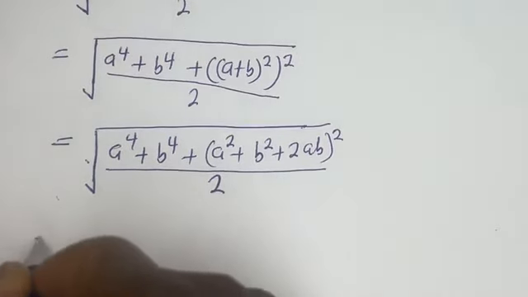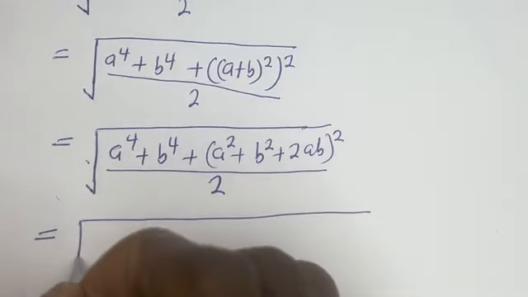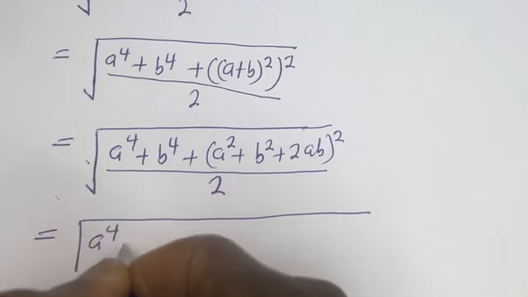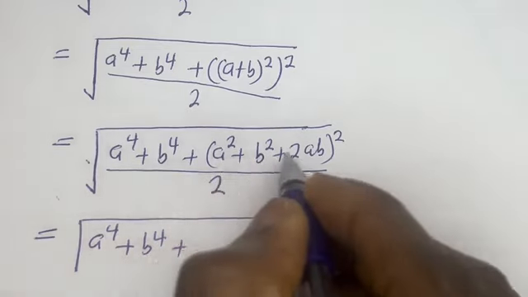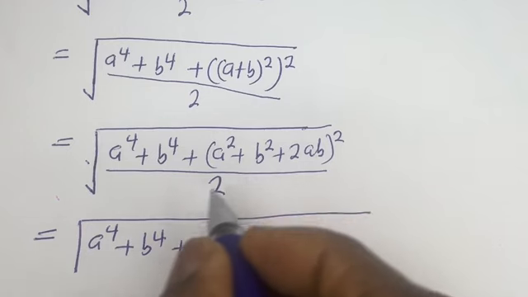Then this is equal to square root of A to the power of 4 plus B to the power of 4 plus, if we expand this, that is A square plus B square plus 2AB squared, we have